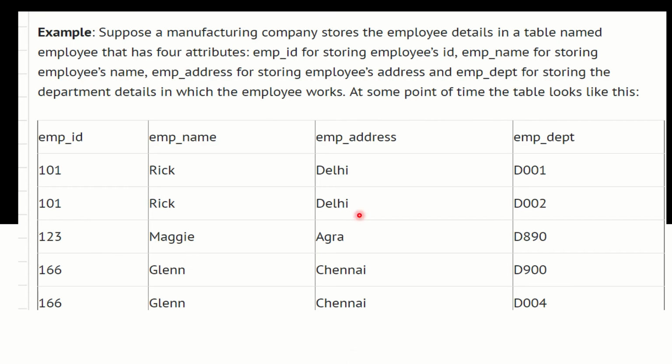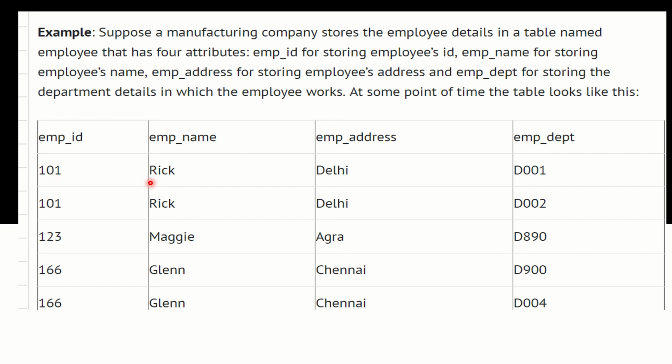So in order to explain the concept, consider this table. This is a table which will store the information about employees in a particular organization. Which are the attributes? Employee ID is there, employee name is there, the address of employee is there, and the department of employee is there. So mainly these points about the employees are stored in this table. And suppose that this is an unnormalized table, that is, we have not yet done the normalization. So we can study with the help of this example table. We can explain the three types of anomalies.